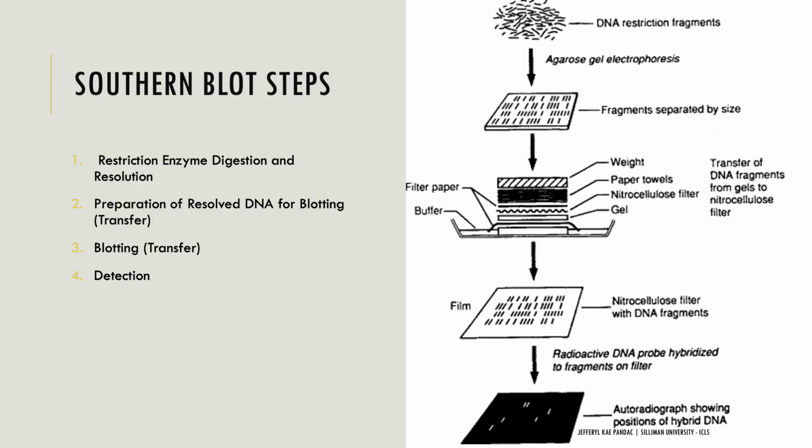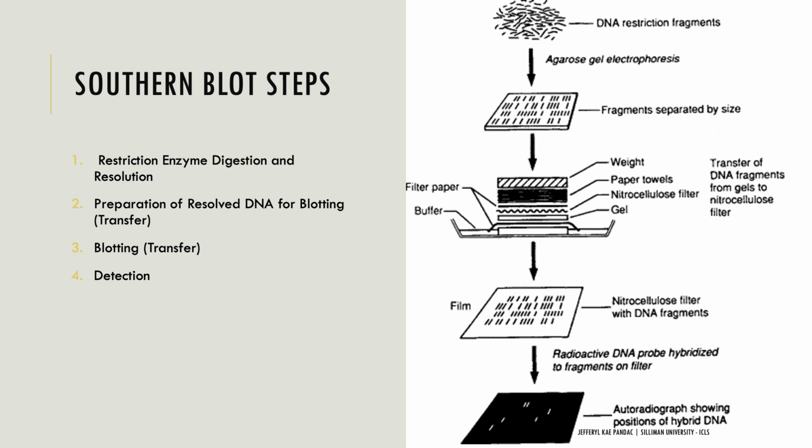Now, let me explain the overview of the steps involved in Southern hybridization or Southern blot. Southern blot starts when a purified DNA sample is cut with restriction enzymes to generate multiple fragments. The fragments are separated according to size through agarose gel electrophoresis. Then, a series of steps are performed to prepare the fragmented DNA for blotting or transfer. Once the fragments from the agarose gel have been primed, these are then transferred or blotted to nitrocellulose. In the final steps of the procedure, the DNA fragments are exposed to a labeled probe that is complementary to